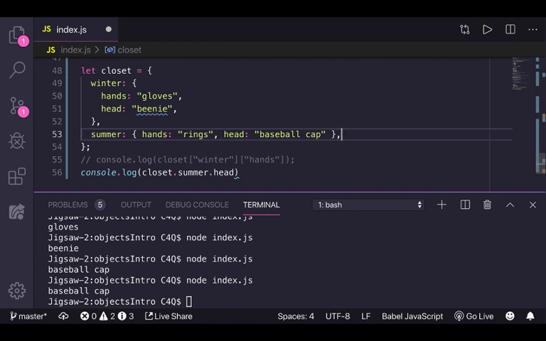It's like a function that set a timeout. That's always